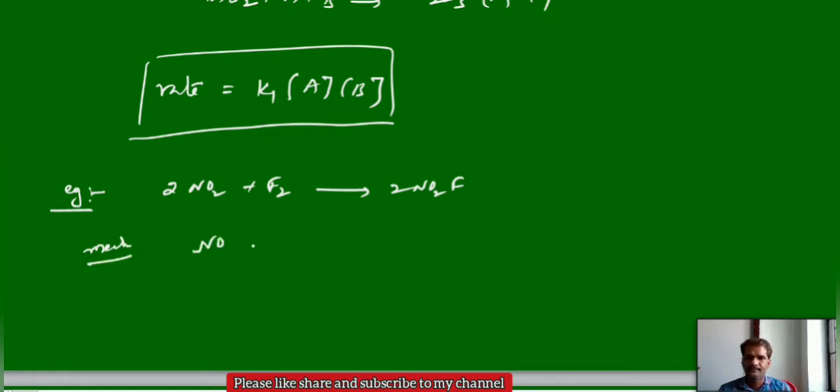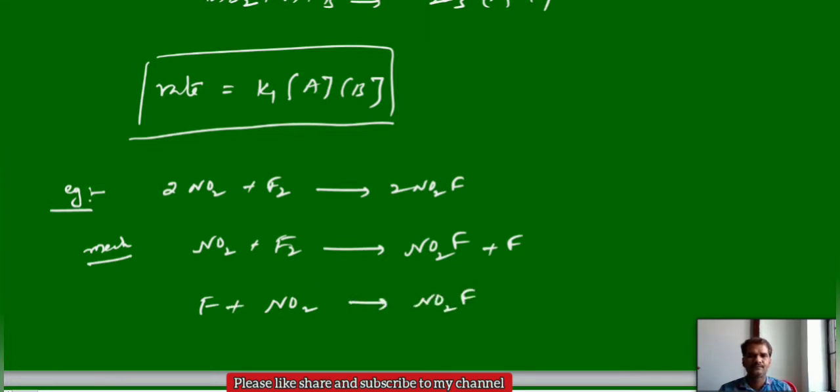First step, NO2 will react with fluorine, and you will get NO2F, and the second step, F again reacts with NO2 and that can give NO2F. Here the rate constant is K1 and here the rate constant is K2. And if they mention that this is the slowest step and this is the fast step,